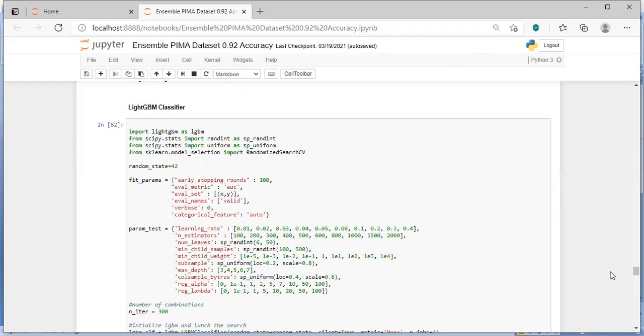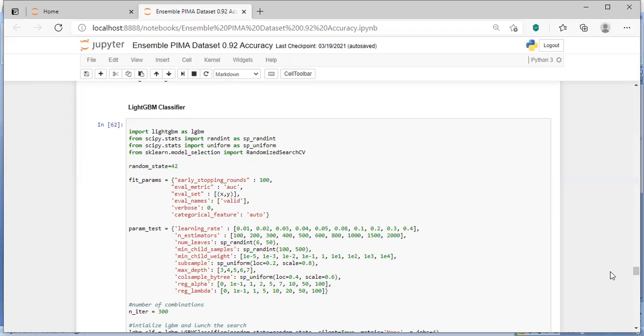So what is this random search CV? When we are trying to find the hyperparameters, meaning certain parameters in this algorithm, you need to find them with trial and error methods. You cannot exactly predict what the value should be. So there are two methods, grid search and random search CV, where CV stands for cross validation.